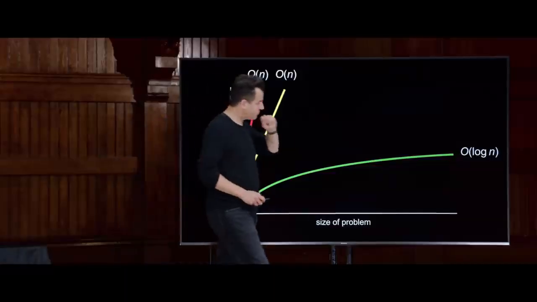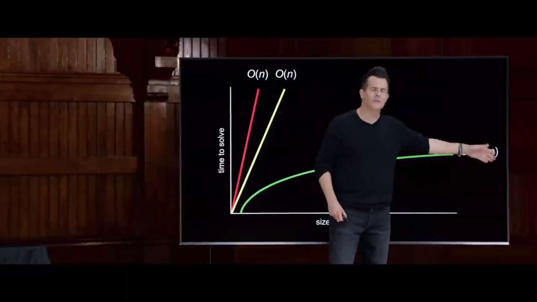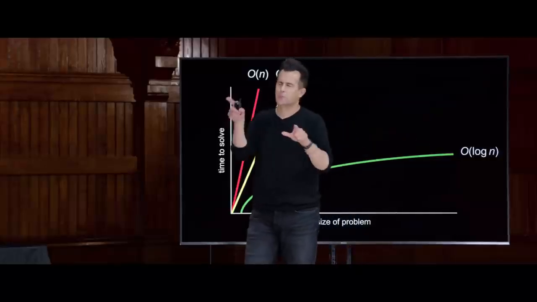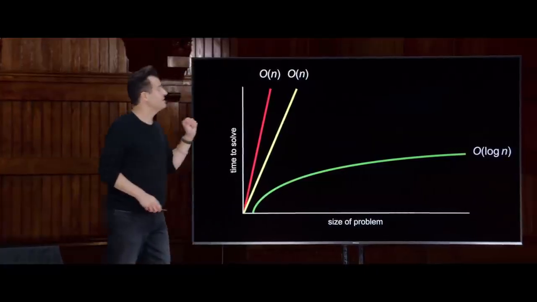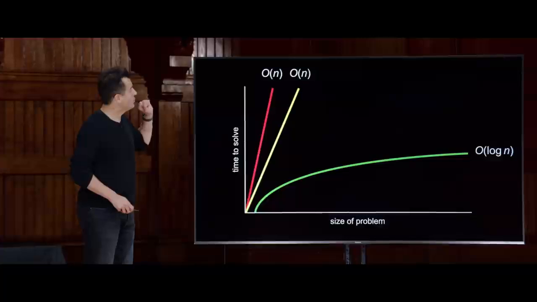But this one here, similarly, if you remember your logarithms, even the base doesn't matter, because you can actually multiply one logarithm by a constant to sort of change the base. And so here, too, we're going to get rid of the specific constant like 2. And here, then, is how we would describe the running time.